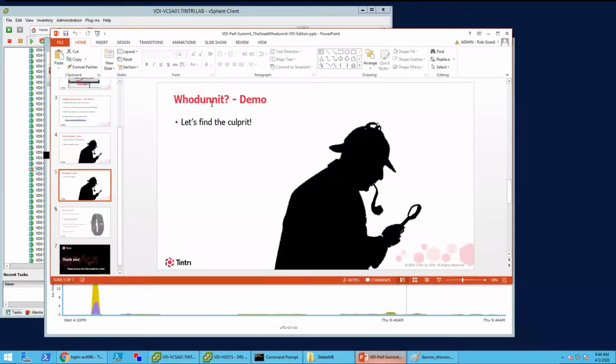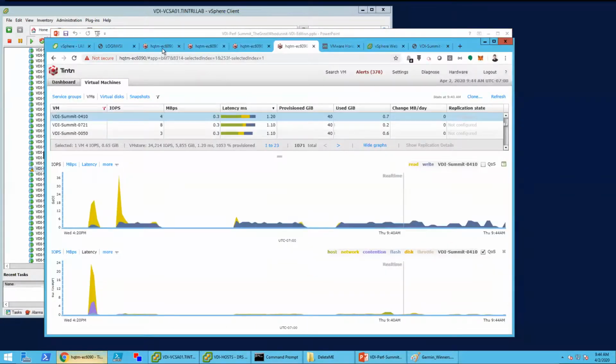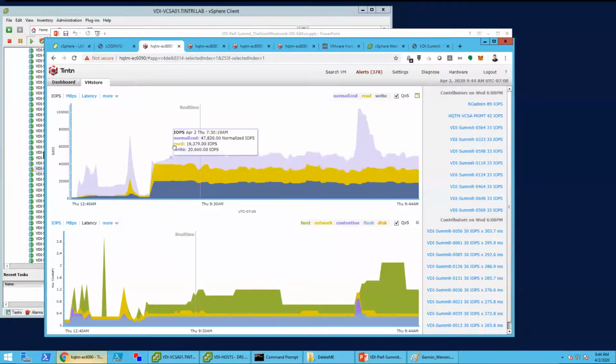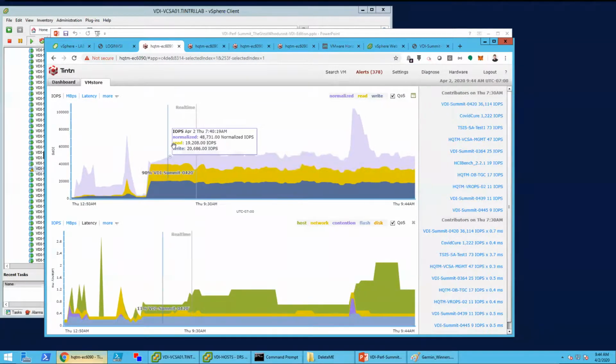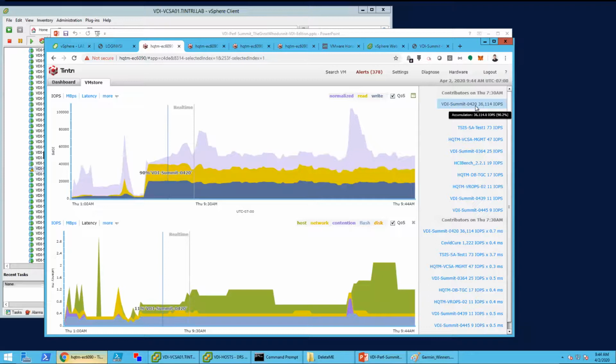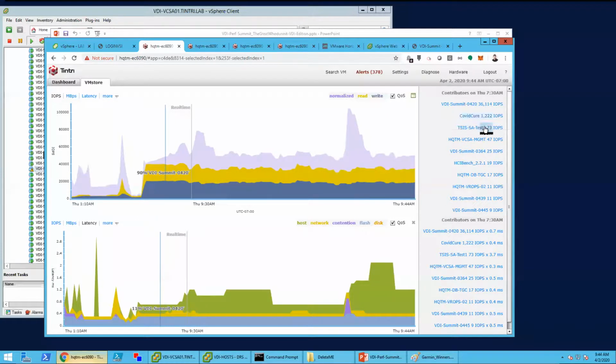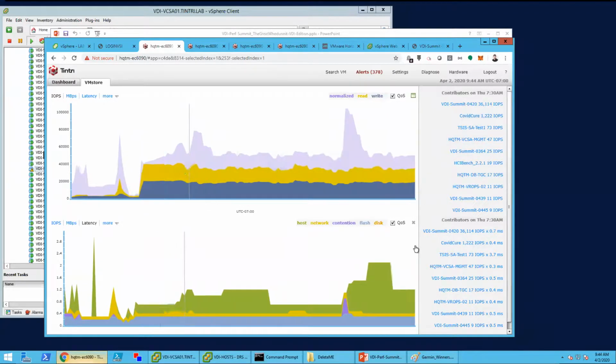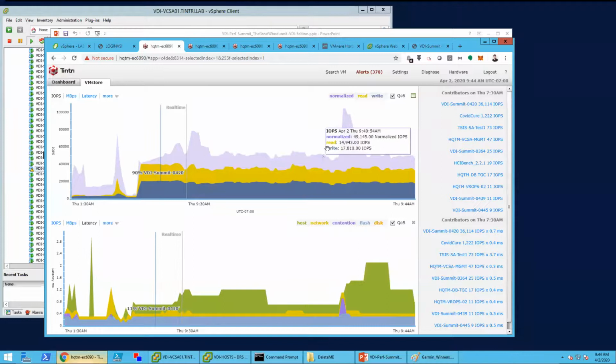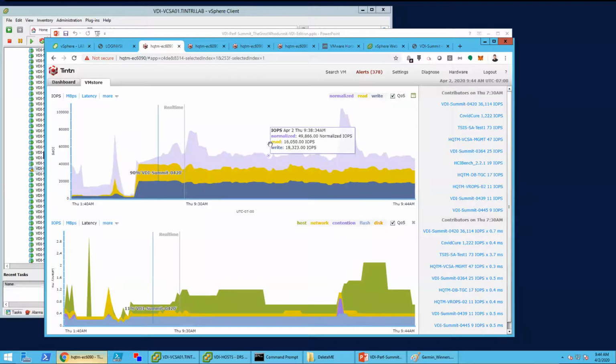So here's the whodunit that I promised. Is anybody feeling pain? Let me go right back over and take a look in this environment. Now, when I click here and I get these top 10 contributors, I can see that I've got VDI Summit 420 at 36,000 IOPS. I've got COVID Cure at 1,200 IOPS, and then everybody else is smaller, and I can see the latencies for those. So now I found out the hotspots. The COVID Cure is running Folding at Home to try and help break down proteins and fold them and find some cure for coronavirus,